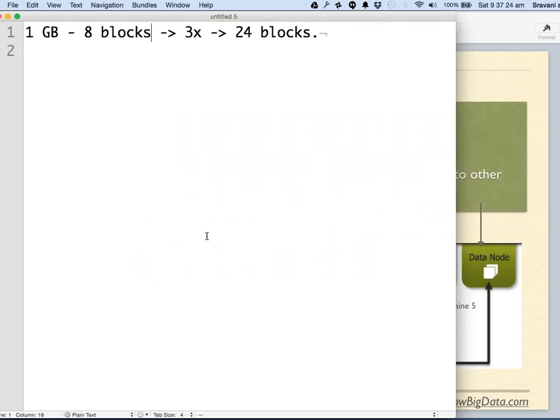Now, one thing you might be wondering is, what does it mean by rebalancing? Let's imagine that we are trying to store a 230 MB file, which means 2 blocks, okay?